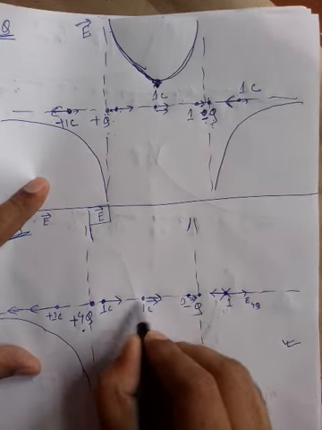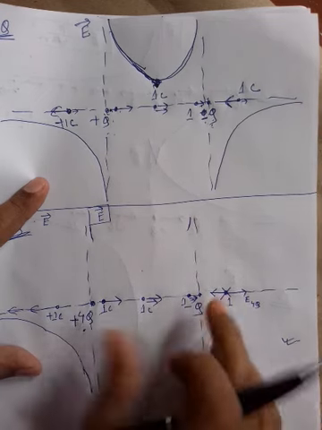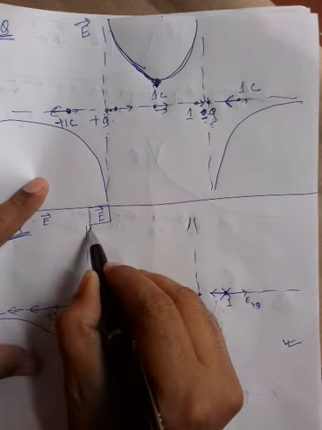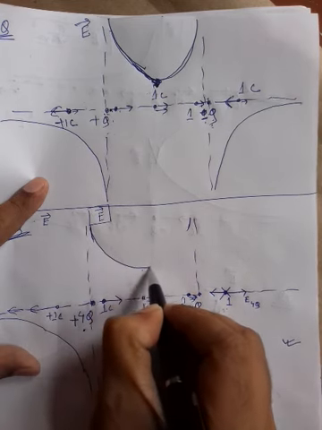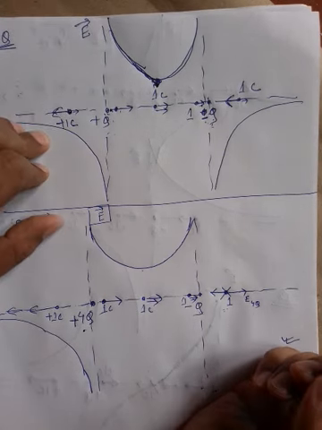And here in the middle, some field is present. It is not infinite because this distance, if the total is L, this is L by 2, this is also L by 2, some finite distance. So from infinity it decreases and then goes to infinity again. The graph will be roughly like this.